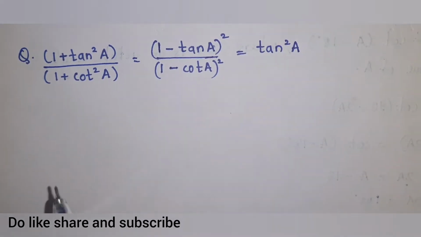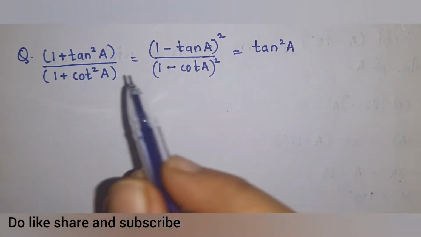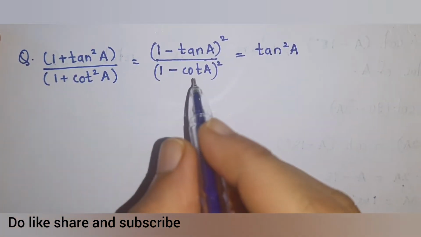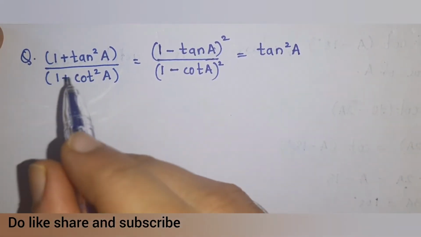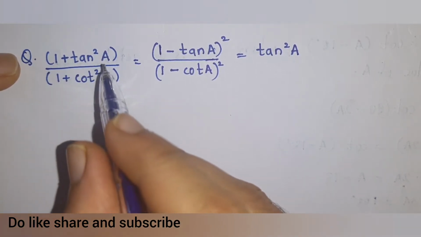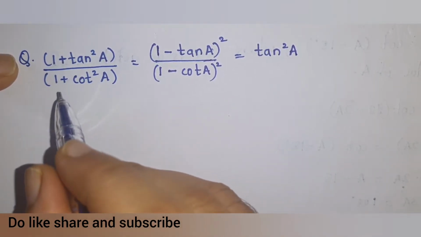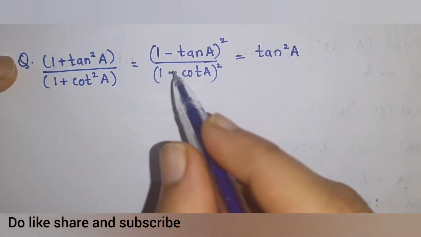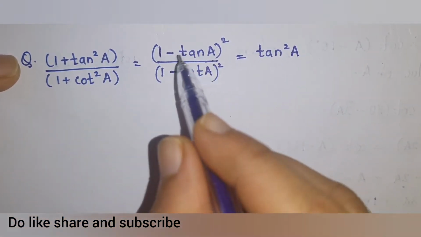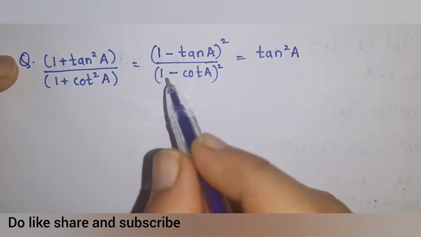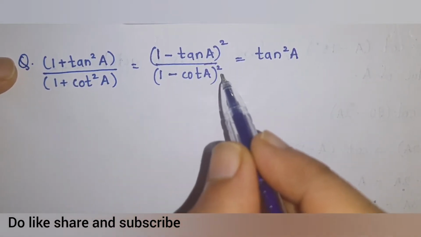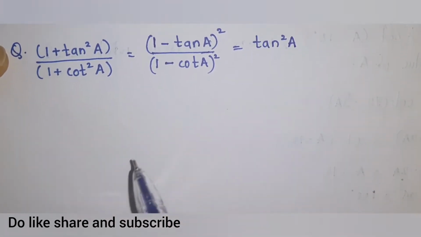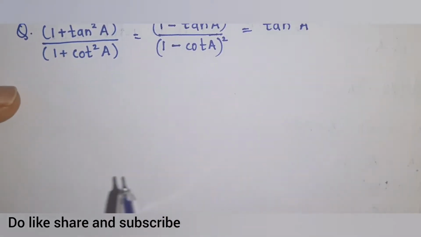Now I am here to have this different type of sum. Here we have to prove that (1 + tan²A) / (1 + cot²A) is equal to (1 − tan A)² / (1 − cot A)², which is equal to tan²A. Here now we'll be considering LHS